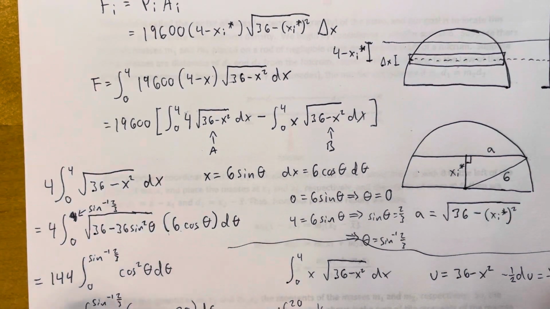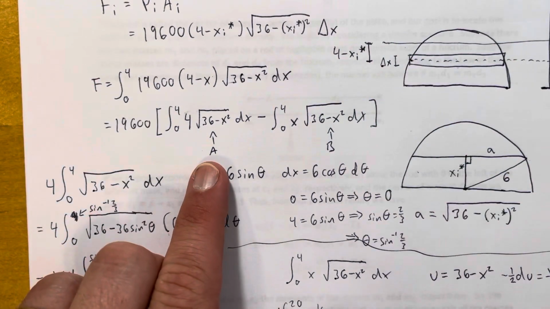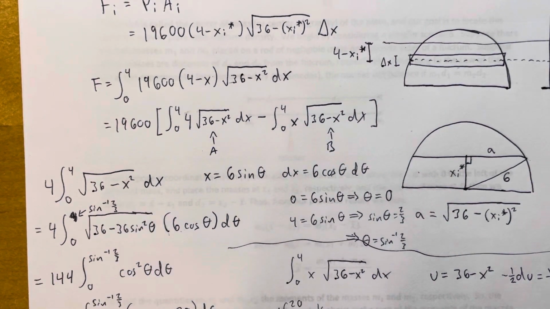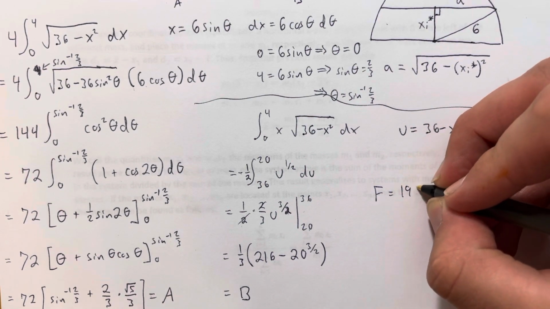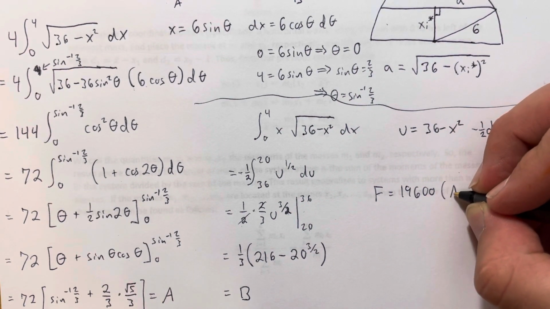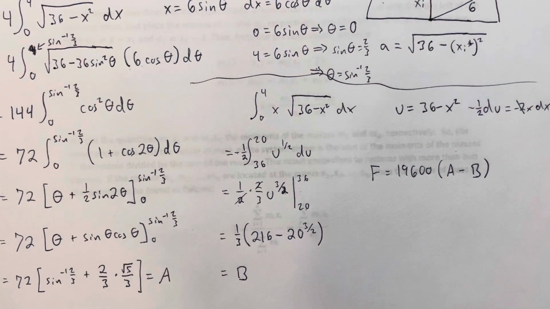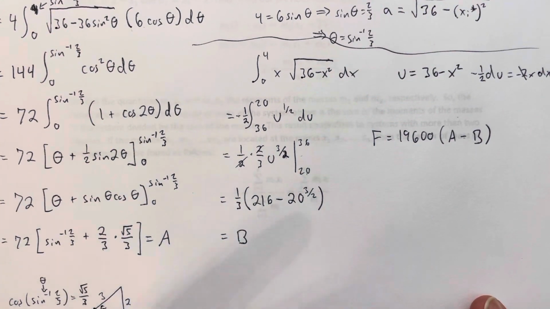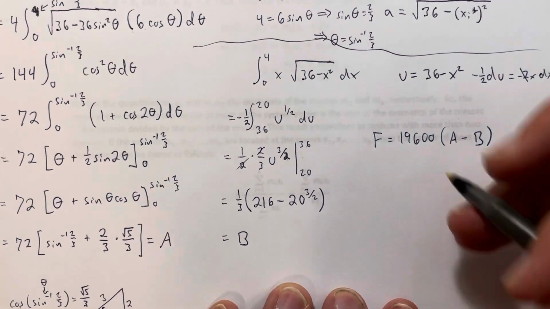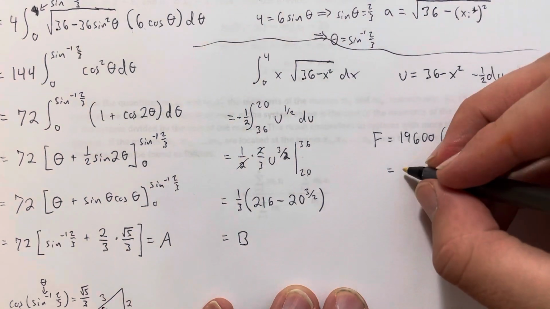So really, to compute my force, what I want to do is 19,600 times, in parentheses, A minus B. Okay? So finally, our force is equal to 19,600 times A minus B. Now, what I would do at this point, I would take a calculator and I would compute A, because all of this can now go into a calculator. Same thing with B. Plug all of that in, get something in my calculator, and then take those results, put them over here. Again, use a calculator to work this stuff out. And I'm going to finally end up with an answer of about